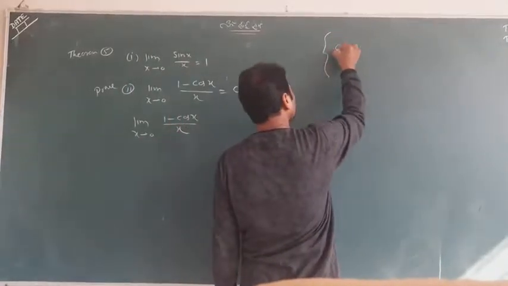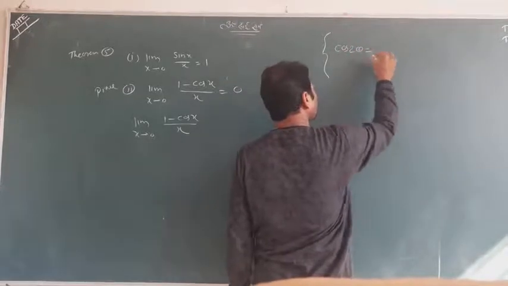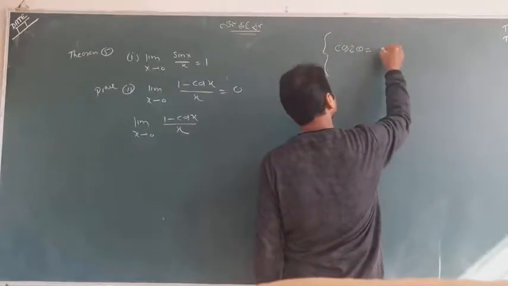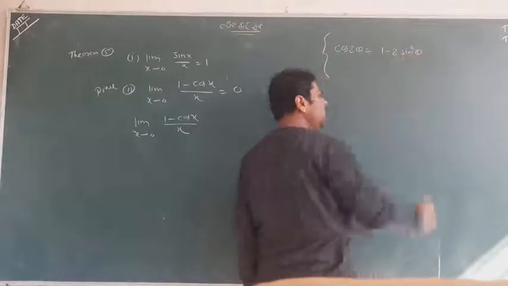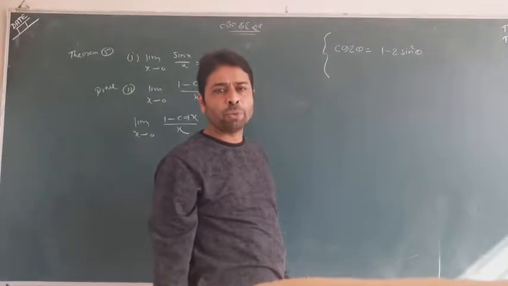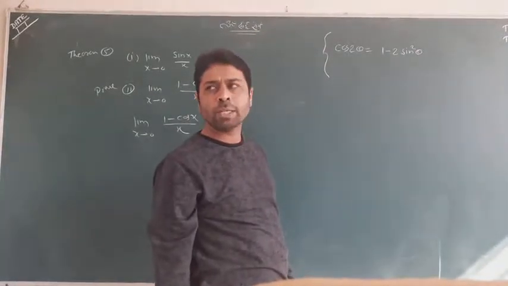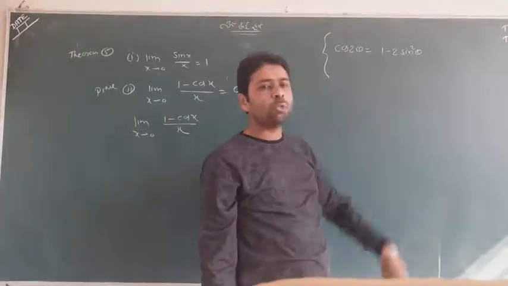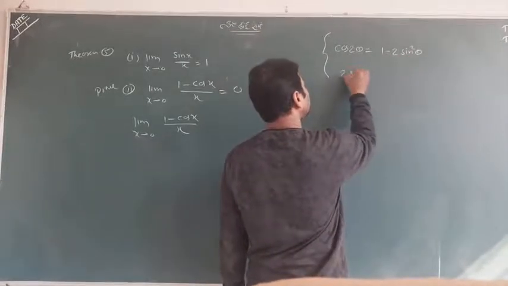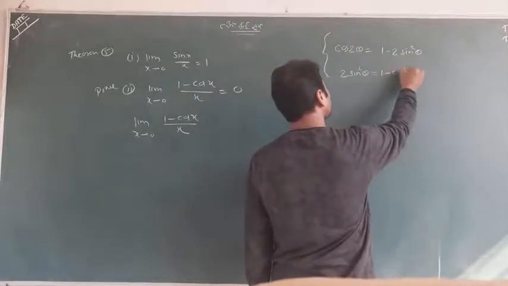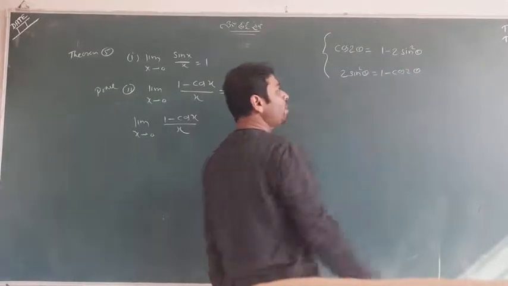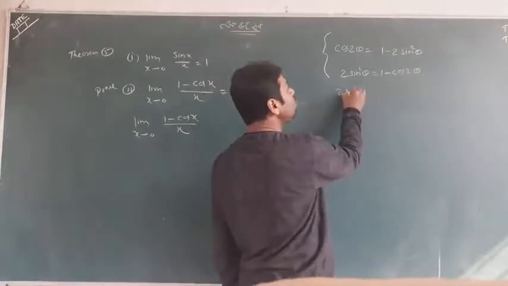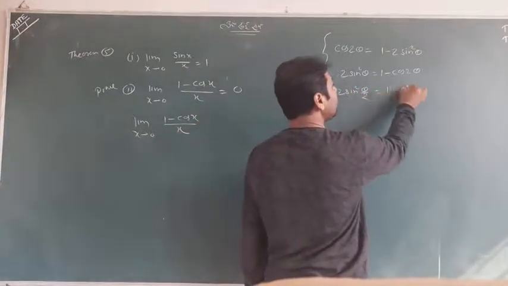Can you watch? Cos 2 theta. We had 4 formulas of this. Cos 2 theta, we have 1 minus 2 sin square theta. Now for this, if at the instant you don't remember the formulas, please take out the list of the formulas in trigonometry and then go for that. So this is cos 2 theta equal to 1 minus 2 sin square theta. 2 sin square theta is equal to 1 minus cos 2 theta. I did transfer. And if I want to make a half angle formula, students, you divide by 2 in angles. So 2 sin square theta by 2 is equal to 1 minus cos theta.